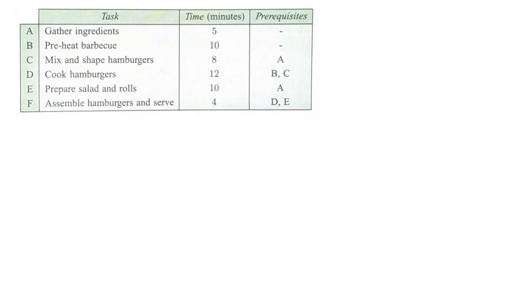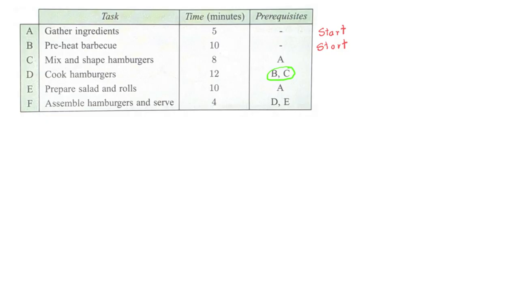To start off, let's examine the prerequisite column. These 2 slashes mean that this is where we start. Since event A does not need a prerequisite and B does not need a prerequisite either, we could give ourselves a note and write start here because this is where we start, and we can also start from D. Now we notice that we have B and C together, and that means that these 2 tasks